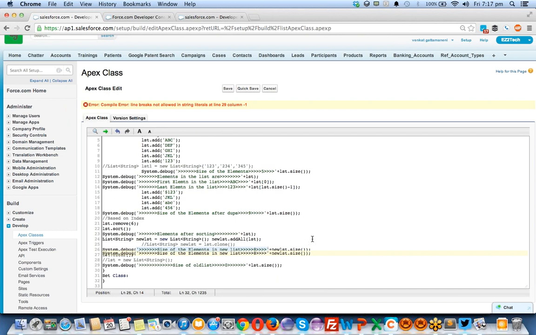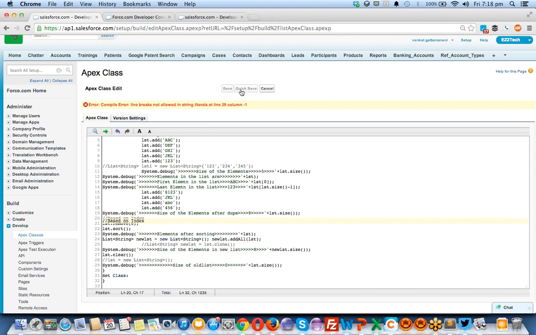Suppose you want to display your name: "Hello, your name is" goes inside the static string, plus you add the name variable, so that it will display your name directly. That's how you're going to use these system.debug logs. It's like a simple print statement in Python or any other code.